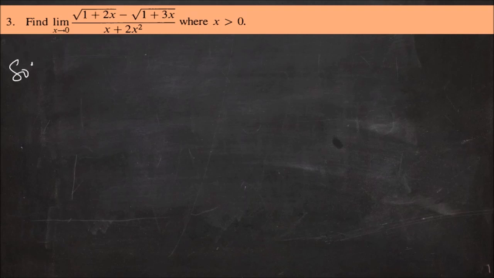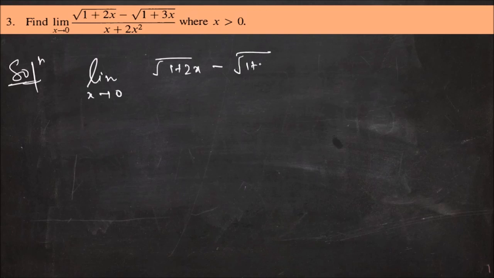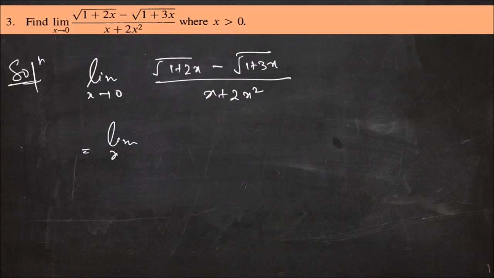So you can see, if I take the direct limit, then it will come out to be 0. So first I have to simplify the two terms. And how to simplify it? We have to rationalize. So limit x tends to 0, root 1 plus 2x minus root 1 plus 3x upon x plus 2x square. So if you rationalize it, you have to